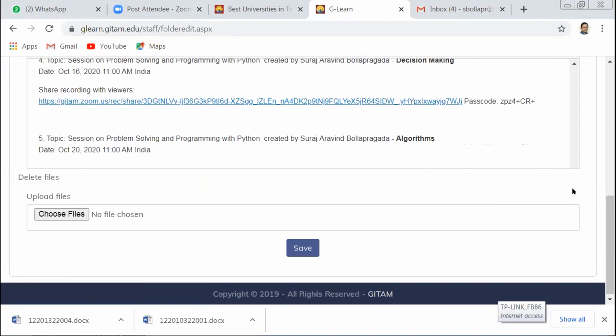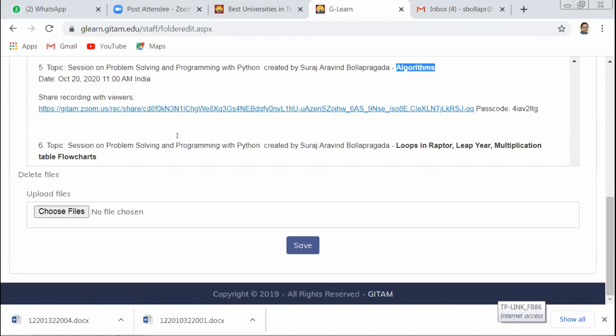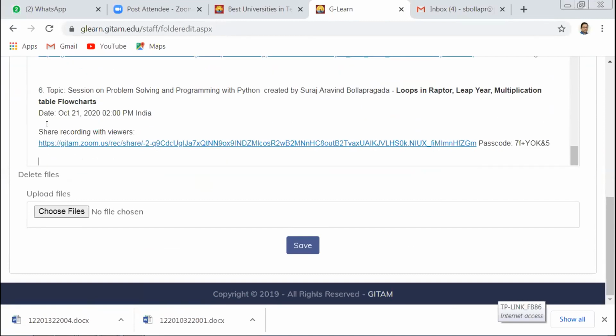Today's session also we'll be keeping, and also the date, the time, and the topic which was discussed during that time. The last one we have kept is October 21st, I believe, where we discussed loops in Raptor, multiplication tables, etc.